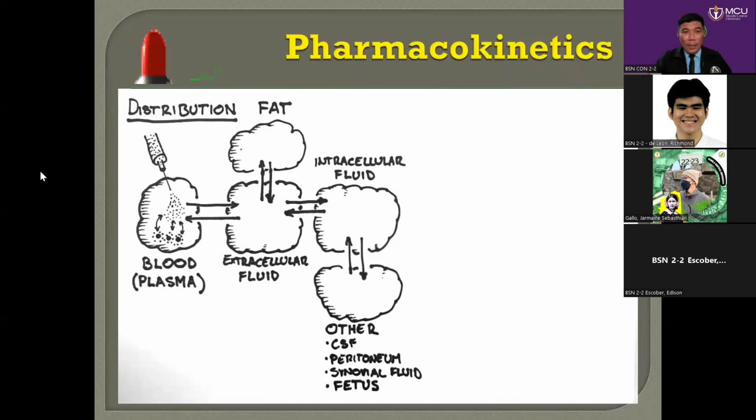So once the drug has been administered, for example, directly to the blood, which is through the intravenous route, then it may reach directly to the plasma. Now, how will this drug be distributed accordingly? If the drug is fat soluble or lipid soluble, it's different from water soluble. Ang fat soluble and lipid soluble, mas matagal ang pag-break ng chemical composition niyan.